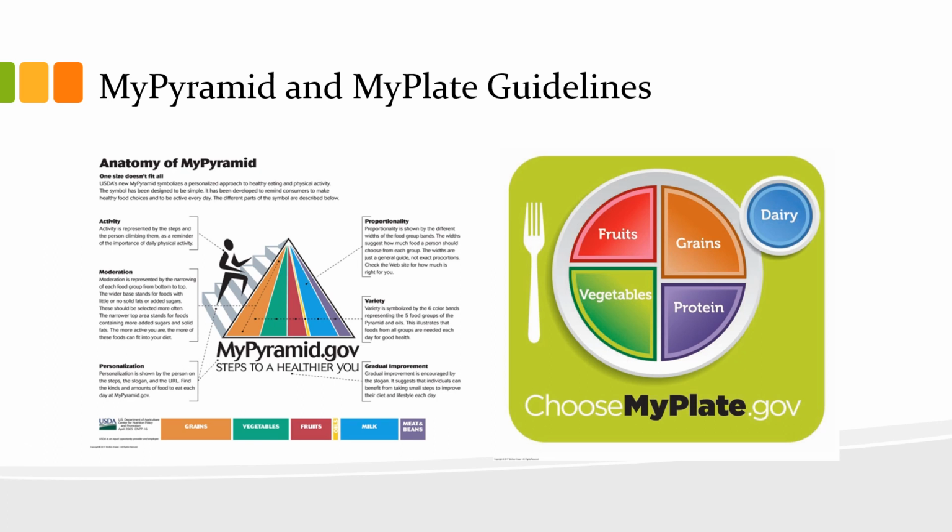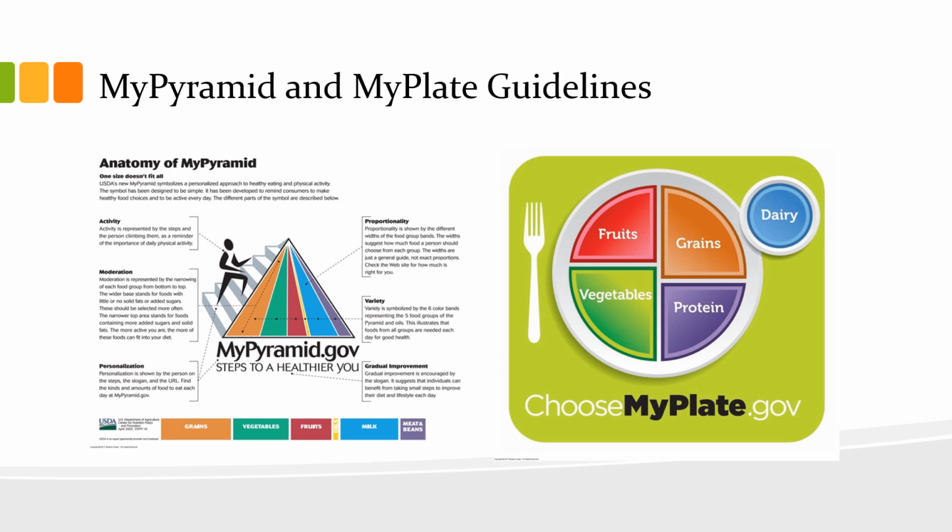So there are different guidelines. We've had the food pyramid a long time ago, and then we had the MyPyramid. You can see there with the vertical. And then in about 2011, the government came out with myplate.gov. Now, it doesn't give you specific information about what serving sizes to eat, but it's just kind of recommending